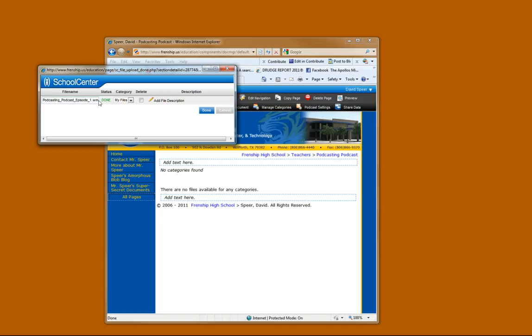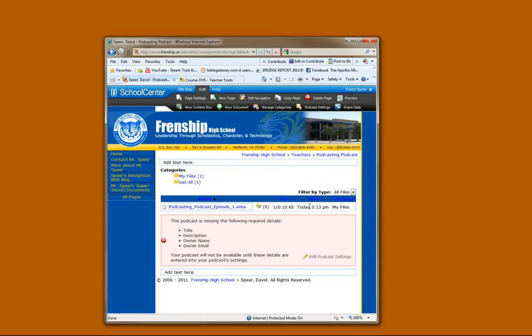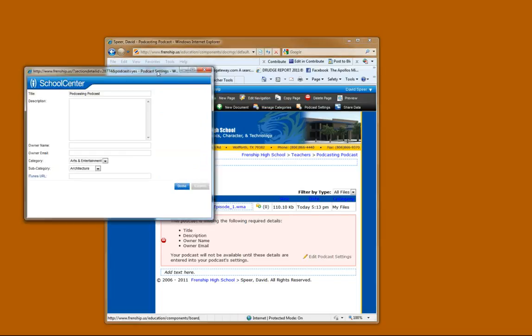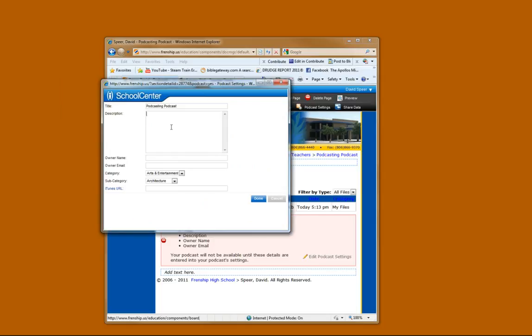This is a good chance for you to change the title of the piece. If you don't like all these underscores, you can take them out. Hit done. You can add a description if you want. Oh, and look, this is missing the following required data. If you want to be able to incorporate this into iTunes, you need to fill out these 4 items, and then we'll cover what those do in iTunes in the next episode of our little tutorial here. But for right now, let me show you what that dialog window looks like, and we can go ahead and fill it out. So it's already got the title there,